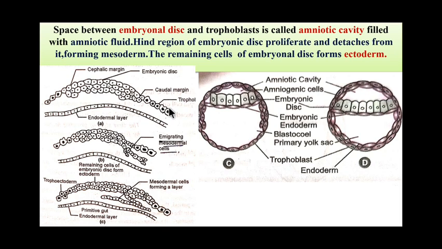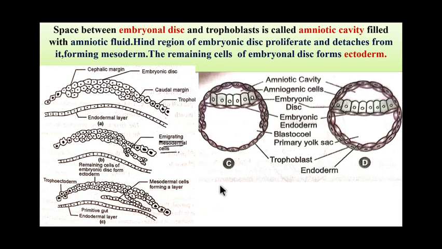The other side starts proliferating, that means it keeps dividing at an increased rate, with many cells added, and then they get detached and form mesodermal cells, which is a distinct layer formed just above the endoderm. And the remaining cells of the embryonic disc, after the formation of mesoderm and endoderm, spread out and form an outer layer called ectoderm. So ectoderm, mesoderm and endoderm. In very short, I have explained gastrulation and all three layers to you.